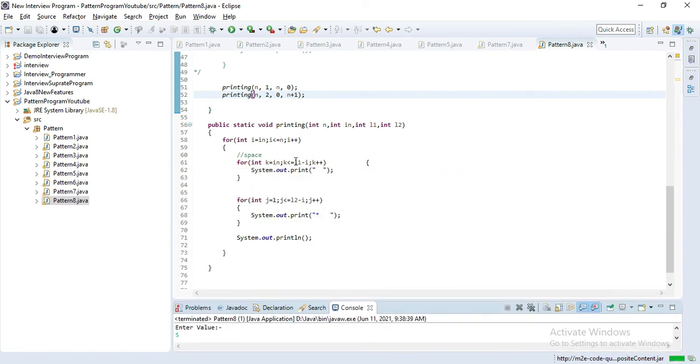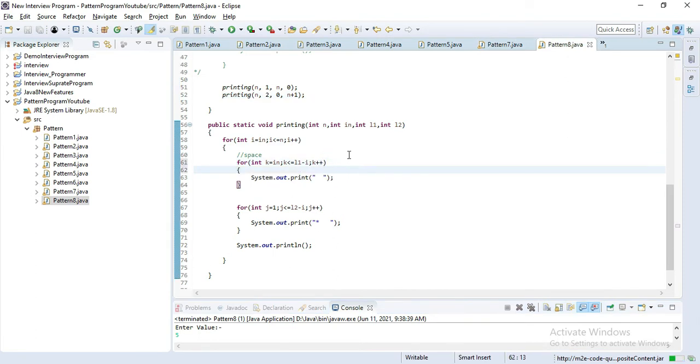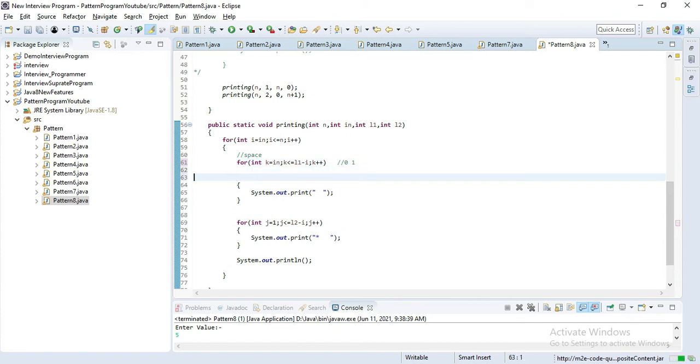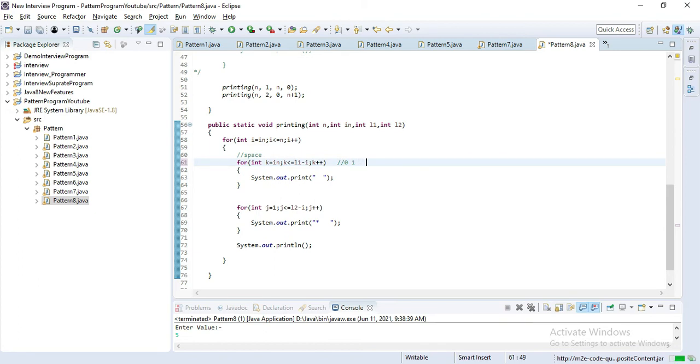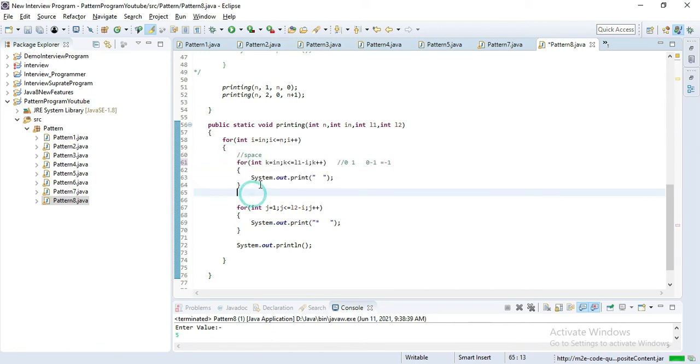Now you can see when we use something like l1 minus i, l1 is 0, 0 minus something, i is 1, 0 minus 1, it becomes a minus value, it goes to minus 1. But we don't have any statement for minus 1. That's why we have to convert this minus 1 to plus 1.